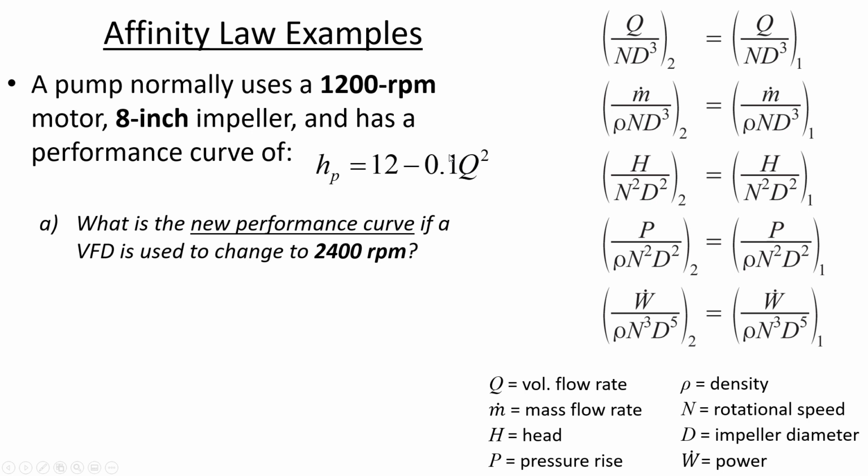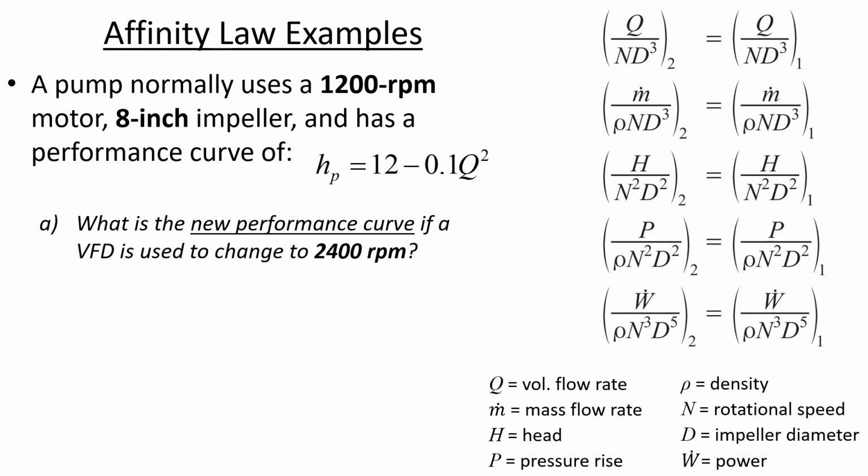Okay, now we're going to substitute that into the pump performance curve that we were given to find out how this pump behaves under the modified circumstances. So this is just the first half of it. The other relationship that we're going to use is this third equation, which is the ratio of the pump heads to the changes in impeller diameter and rotational rate. So the other part of it is H sub 2 divided by N sub 2 squared times D sub 2 squared